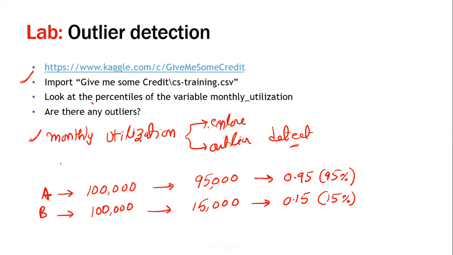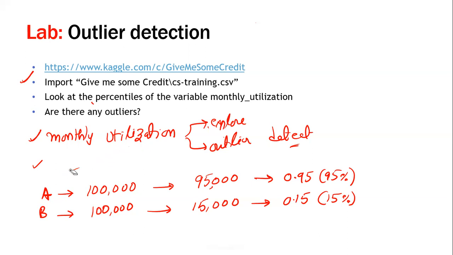In India, do you know what our credit bureau is? Where do you get your credit score from? CIBIL. If you log into your CIBIL, I think it is not free, you have to pay some amount, isn't it? If you log into your CIBIL, there also you will see monthly utilization percentage as one of the variables, and the monthly utilization percentage has to be lower for you to get a good CIBIL score. If the utilization percentage is high, your score will also go wrong. That means while you are taking loans, we need to be careful. If the utilization is high, then the CIBIL score will be problematic.